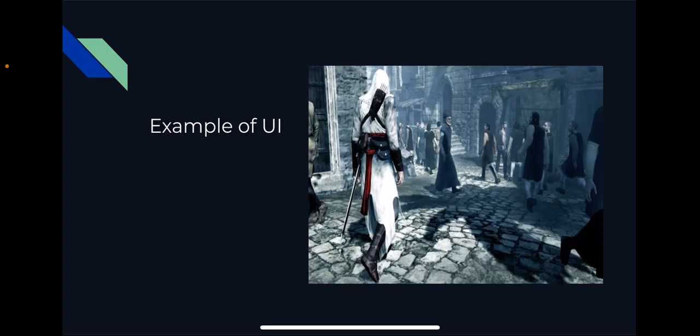And then I just have an example of the UI that we created for this. It's off of Assassin's Creed, but I really like how the screen is just simple. There's not a lot going on around the edges of the screen. It's really just the player and the world, and they're interacting with it. So that's what I plan on having for my game because I think it's less distracting for the player.